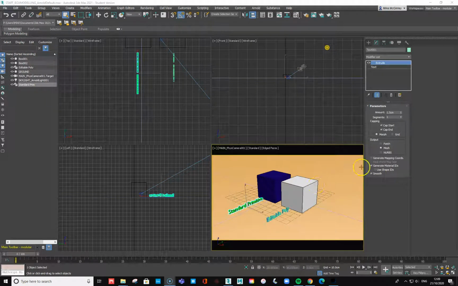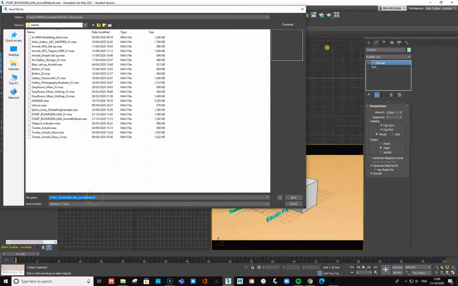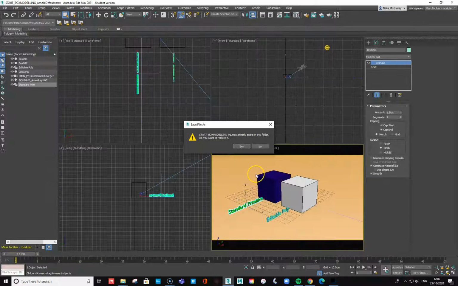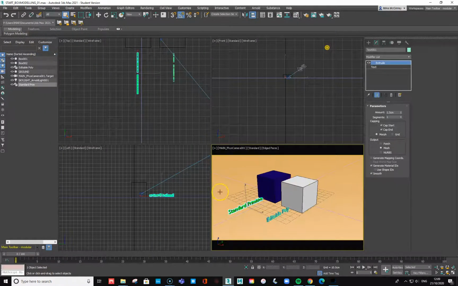Okay, so you've downloaded the file, you've opened it up, and hopefully you've remembered to save it out straight away and give it a new title. So I'll just call it BoxModelling Start 01. Okay, I'll just replace that pre-existing one. Okay, so